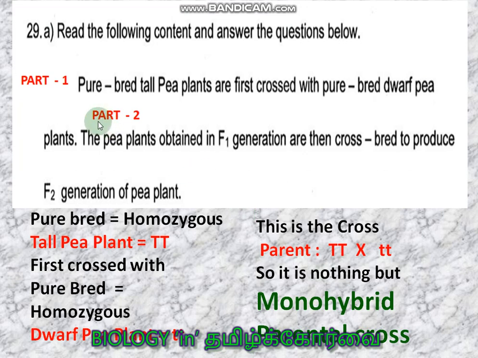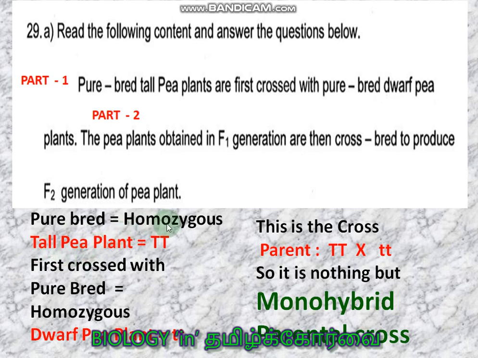Now part 1, let us understand first. To answer this question, you should know a lot of information, students. It is like an essay question actually, right? So what is pure breeding, you should know. And pure breeding itself is 2 more questions, students. Pure breeding can be defined as the variety or variation of a trait continuously appearing in a plant on its self pollination. Continuously on self pollination, it produces a particular variety. So pure breed of tall pea plant means it continuously produces tall plants.